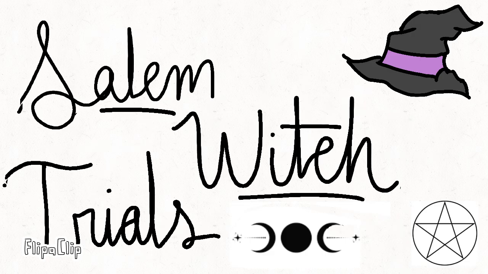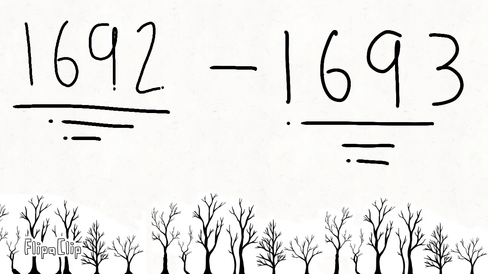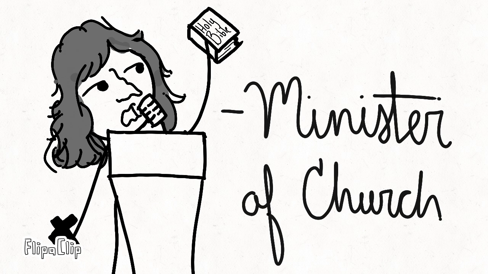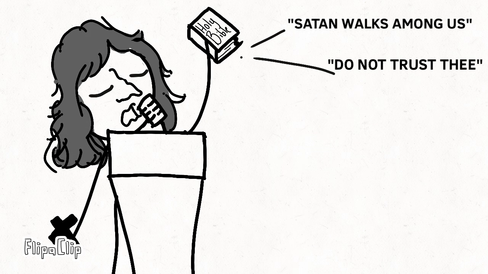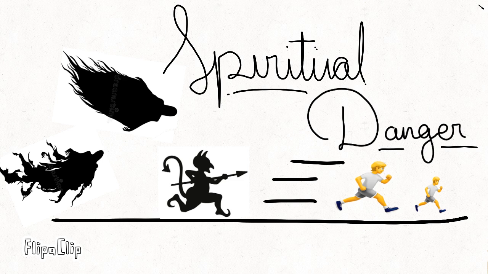Another example of the Great Awakening could be the Salem witch trials. This took place in Salem, Massachusetts, from 1692 to 1693. The minister of the church, Samuel Parris, would preach to the public on devil influence, warning of spiritual dangers, and